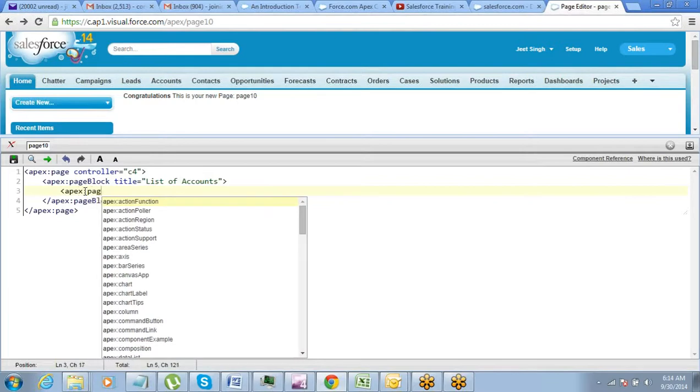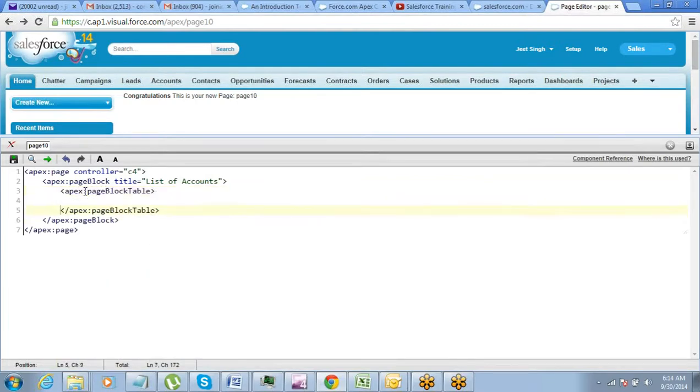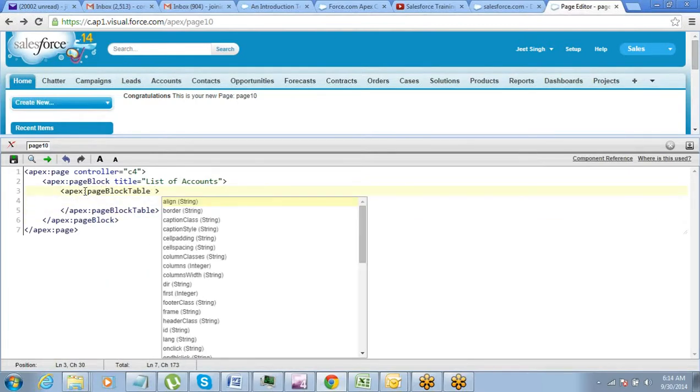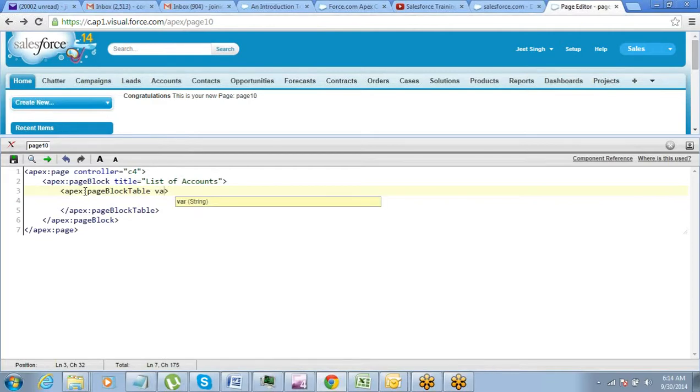So page block table, and value will be selected accounts, and my variable will be k, and k dot name.